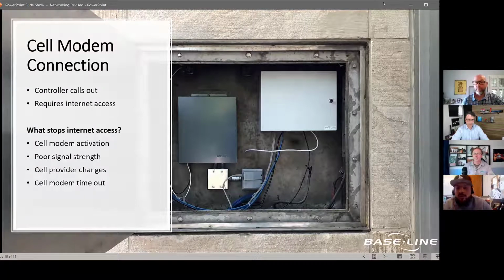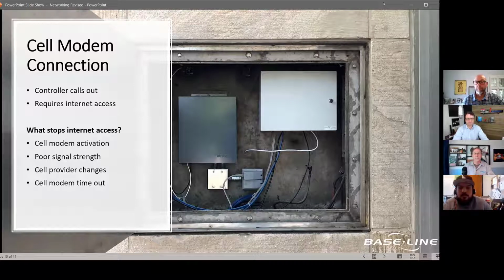controller, because either the controller's off or we might need to power cycle a cell modem or the controller, depending on how it's connecting. Okay. Yeah. And again, I'll state this presentation is not about troubleshooting, but it is important to know that if your controller is gray and you're in your office or someone you're looking at and it's gray, it could in fact be powered down, because when the controller is powered down, it becomes offline and you get the same gray, disconnected